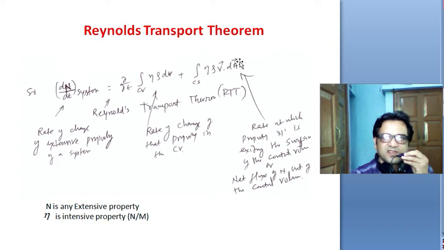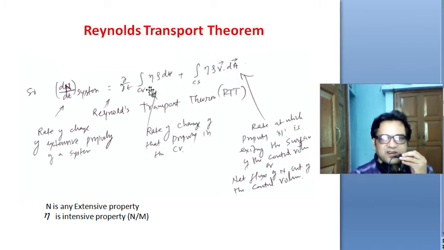For example, suppose mass is entering a cylindrical pipe. At the inlet, the velocity vector is from inlet towards exit. Suppose it is entering the inlet from the left hand side, so the velocity vector is acting towards the right, but the outward normal to the inlet is towards the left. So the velocity vector and the outward normal vector are acting in opposite directions. So at the inlet, this dot product is negative, but at the outlet, both the vectors are acting in the same direction, so this dot product is positive.